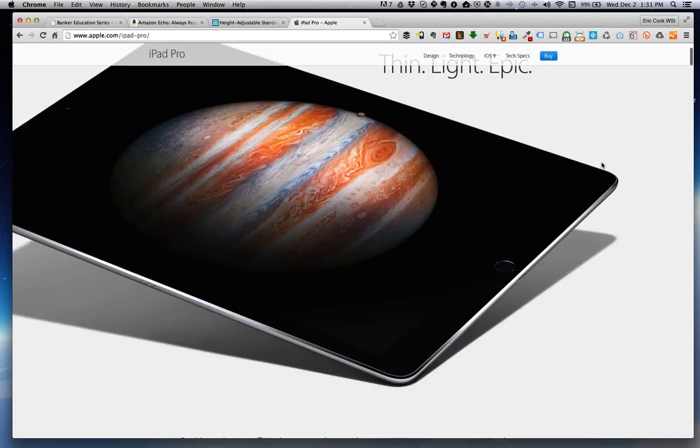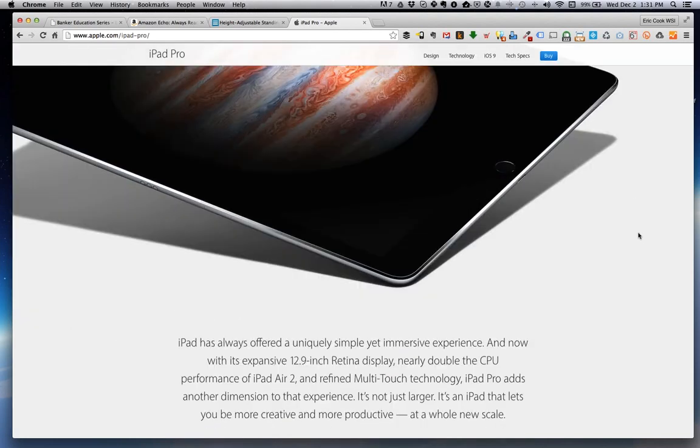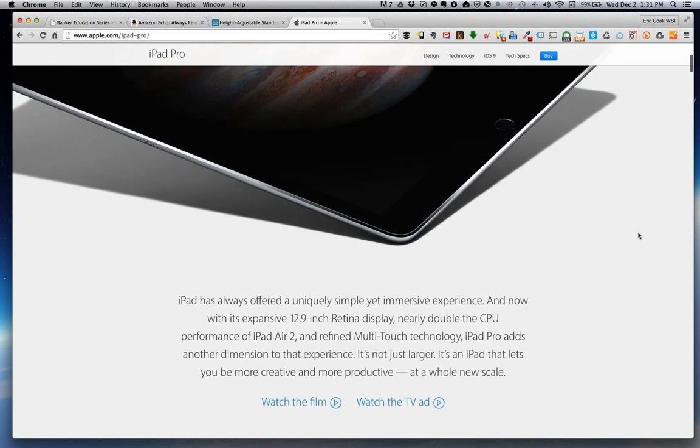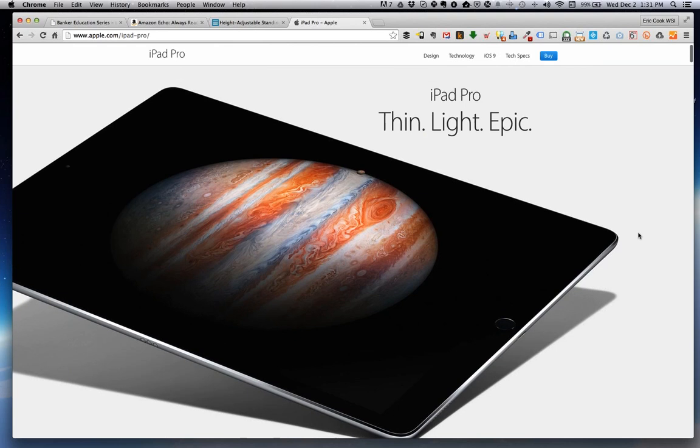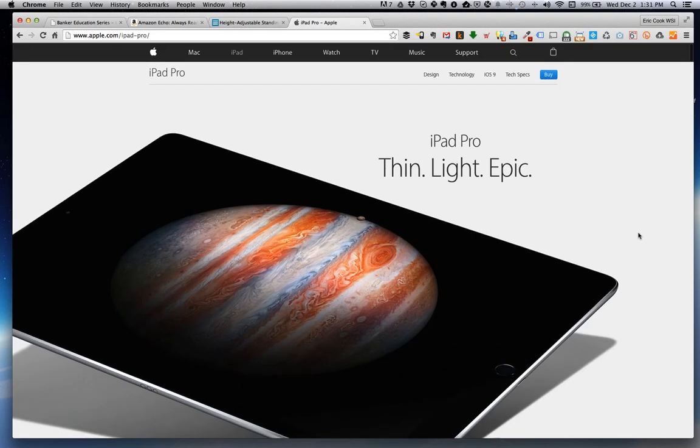Yeah, and I managed to collect enough of those that I have one that stays at home, one that stays at the office, and one that stays in my backpack. Yeah, exactly. So, yeah, I don't know. I've not had a chance to play with it yet. I have heard people say that it's just kind of a device that was created. If you're an artist or somebody that does a lot of graphical work, I have heard really good things about